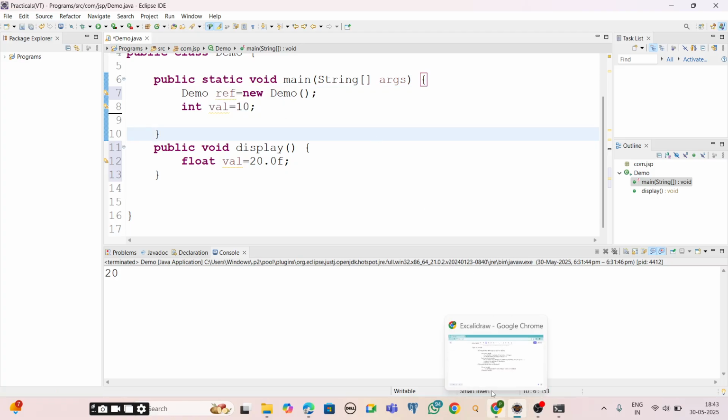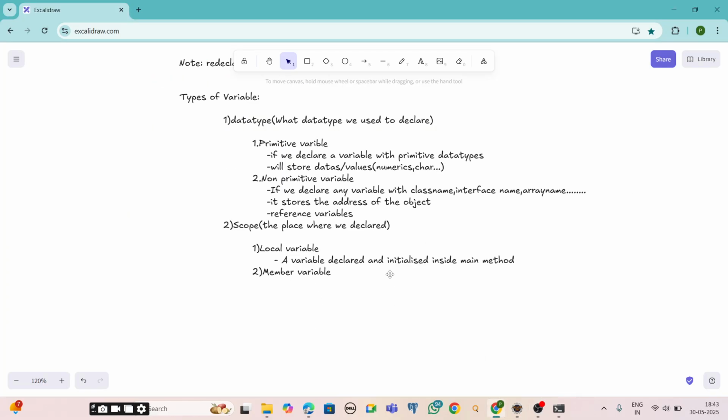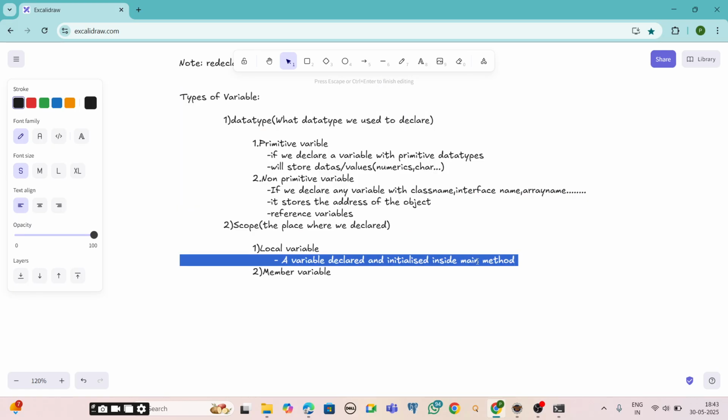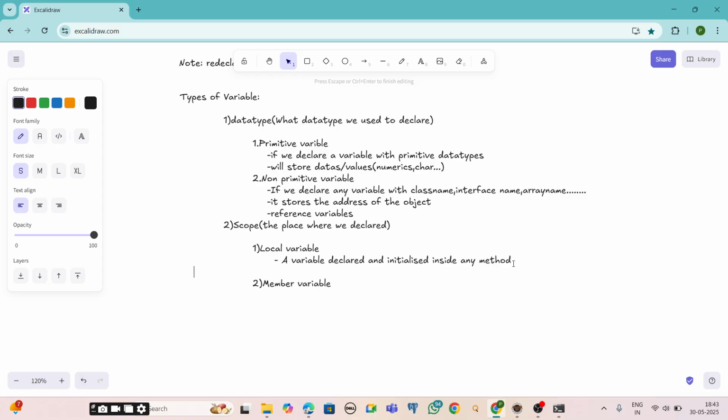So what is a local variable? A variable declared and initialized inside a method is called a local variable, and it can be accessed only within that method.